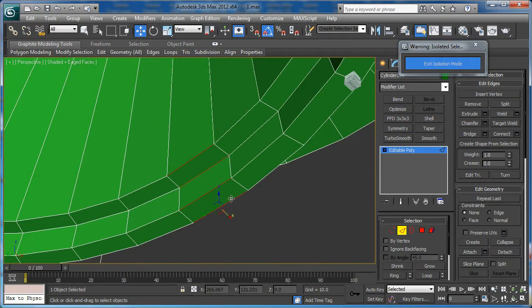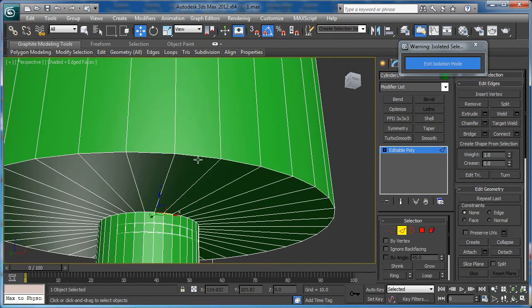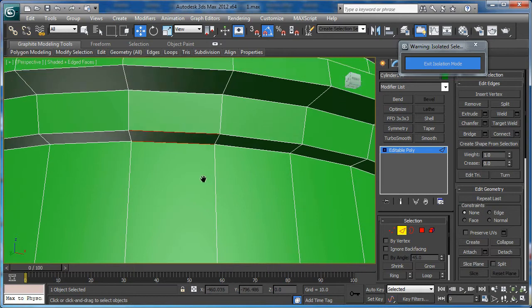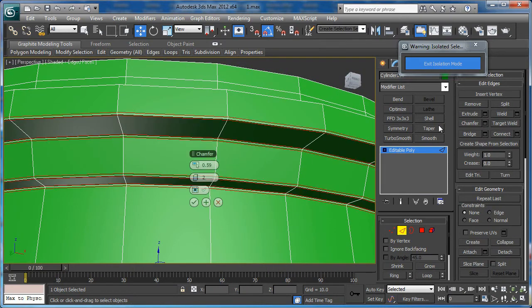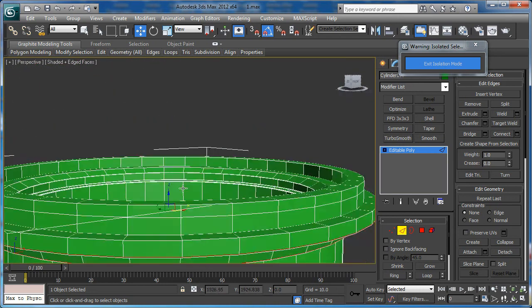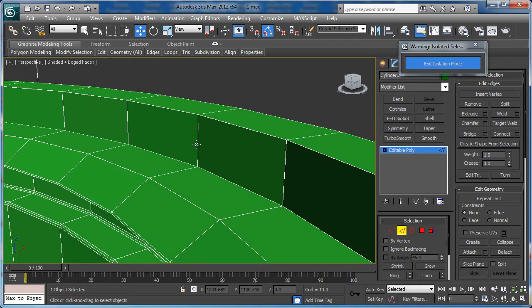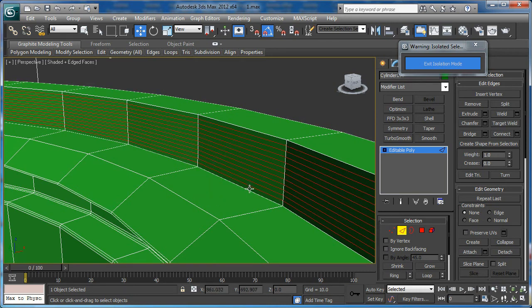We have to apply chamfer also to these loops. Now let's select this ring and connect 11 loops, and now